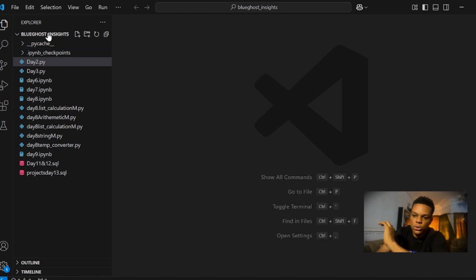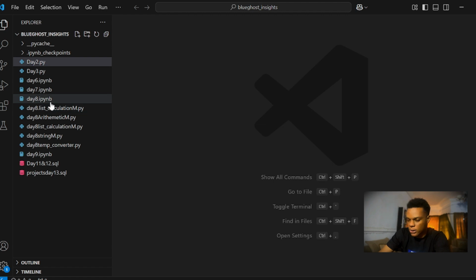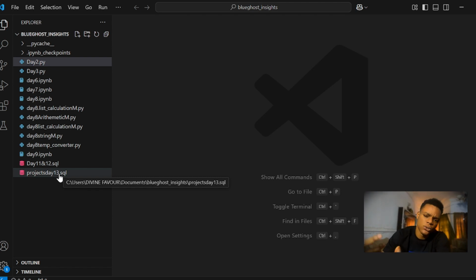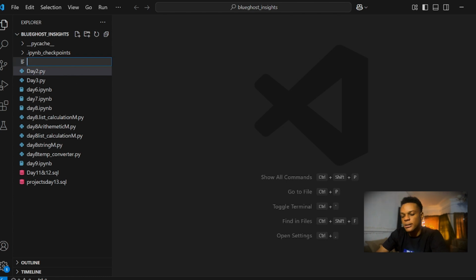So the next thing we're going to do is open our folder. And if you don't know how to open your folder, go to this particular file, then click on open folder, right? It's going to show you your folder name, then click on it, then you're going to have all your files here, from day 1 to the last day. You can see everything. Why you're not seeing day 14 is because day 14 we did installing of VS Code. Day 16 is today, which is NumPy, the amazing things NumPy can do, right? So now I will jump straight down to that particular thing. So I'll click on this file, then I'm going to write the necessary thing.